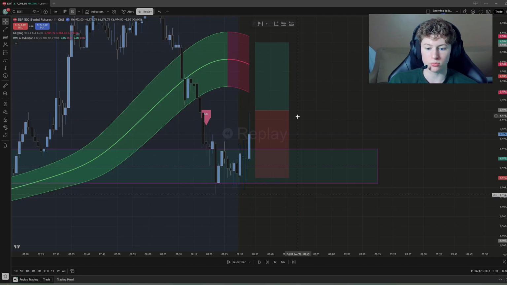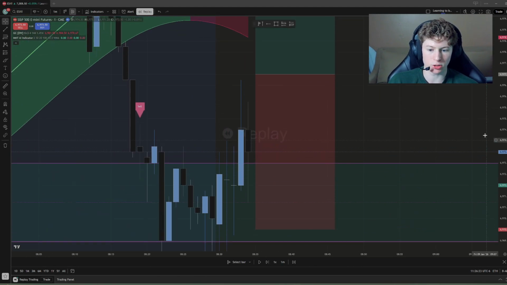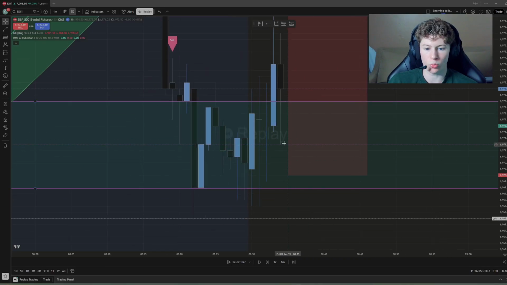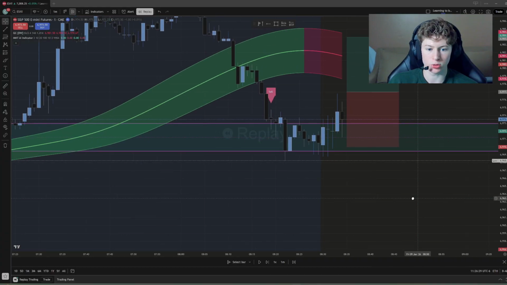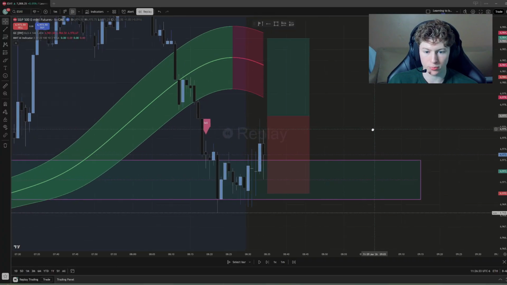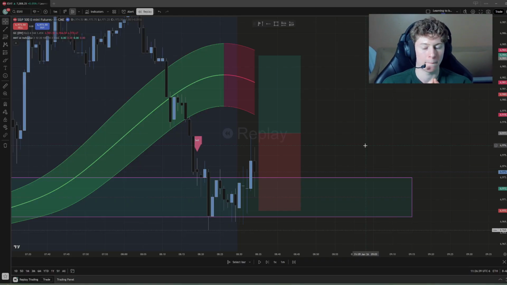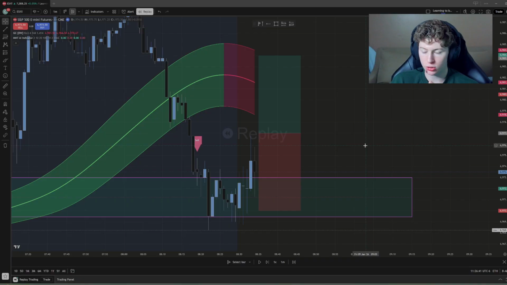So we're going to keep going now. Boom, boom. We wicked the midpoint right here. Look at that. The midpoint has been wicked right there. All right, so we are going to wait for a reaction off of that now. We are waiting for a bullish reaction. If we don't get that, we do not place a trade. If we do get that, we enter.